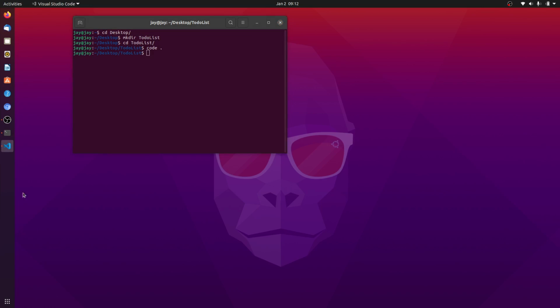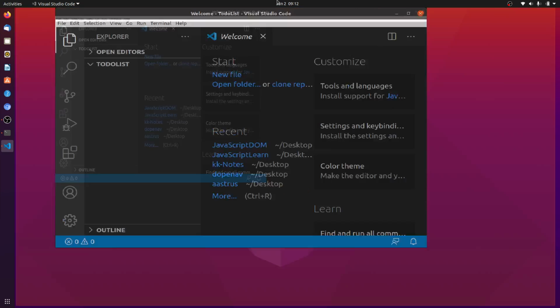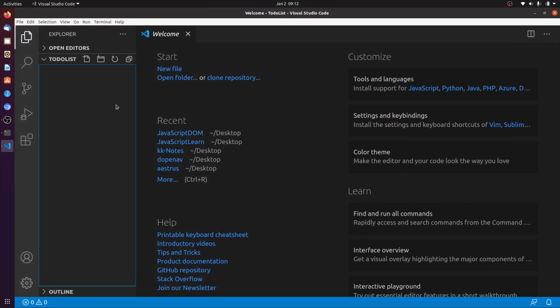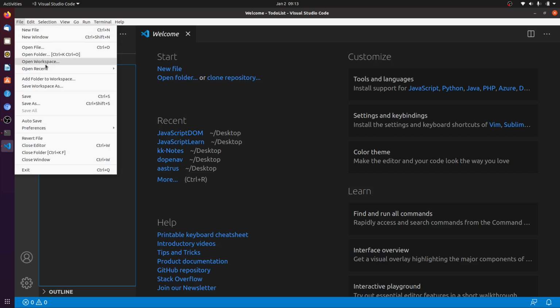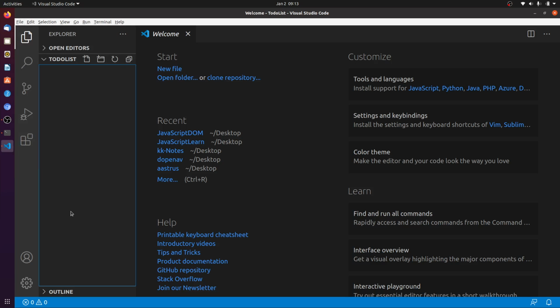Very simple thing. If you got confused about how I did it from the command line, you can do the same thing by going to File, Open Folder, and selecting the folder which you want for the development. That's great. Now the next thing we'll be doing is creating a file, and let's name this file